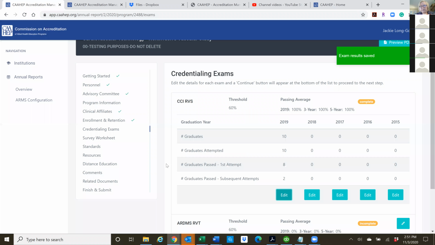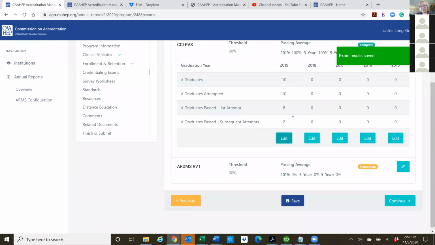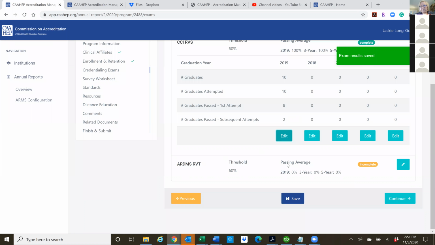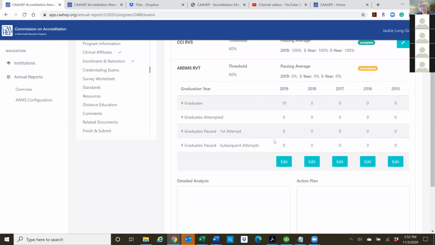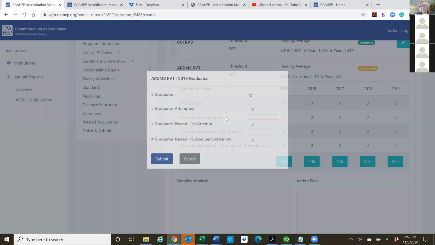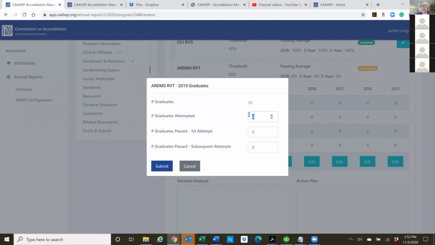And there you've accounted for all of those 10 students. On the RBT, maybe it's not taken in your area. Maybe people don't take that. Or some people take them both. Then you can go in and say, okay, so we had 10 graduate, only 2 attempted it. Both those 2 took it on the first time and passed. So you can also save that.